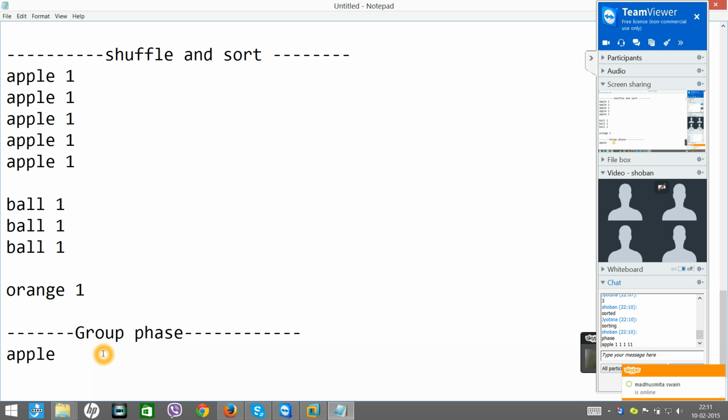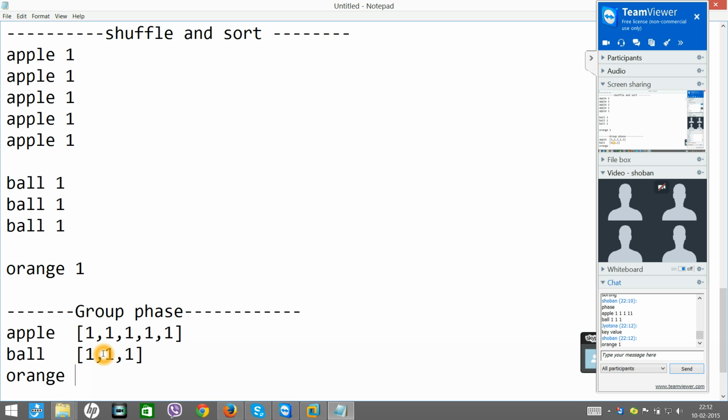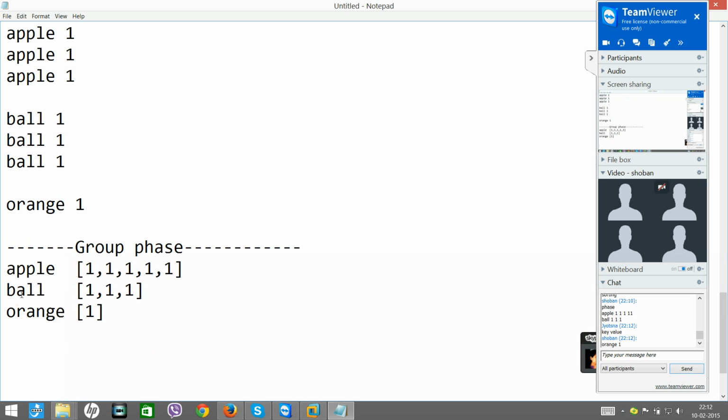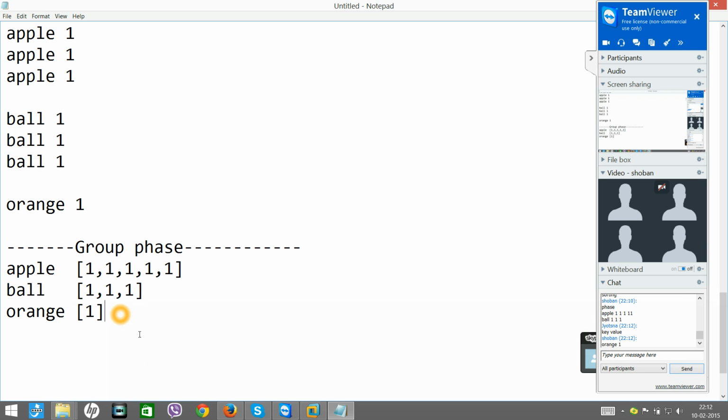What will be the output of this group phase? Yes, apple, and then 1, 1, 1, 1, 1, right? Ball, 1, 1, 1, orange 1. Is not it? So here also, see, this is the key, this is the value, and finally after this which